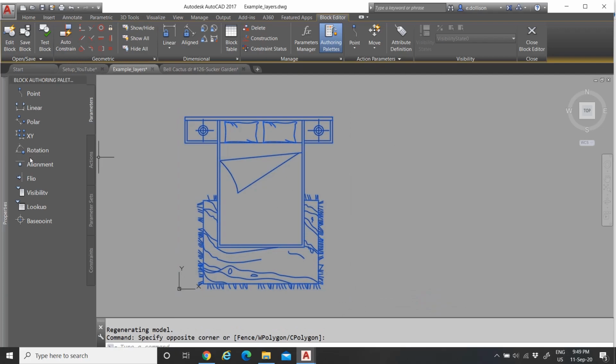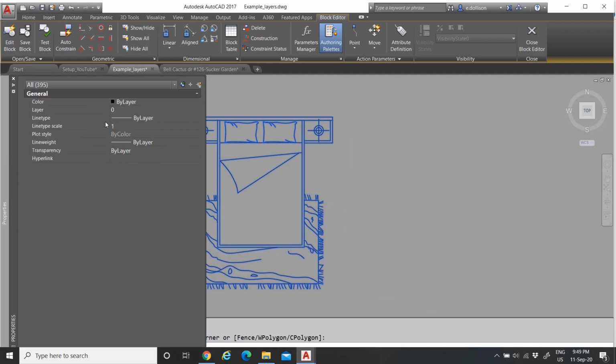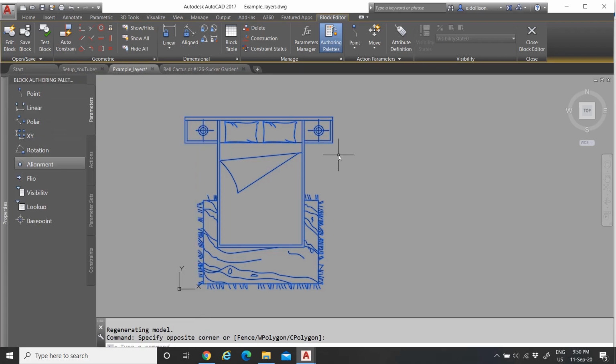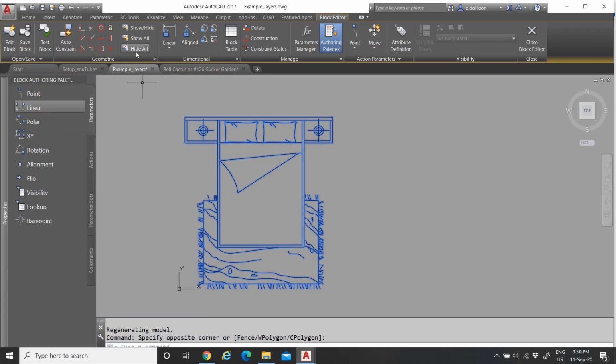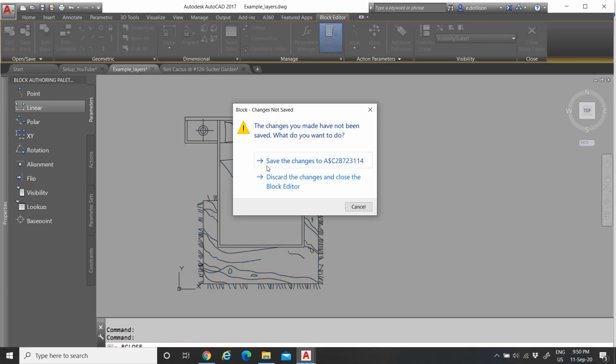It's because it's under the layer of zero. Why is it under the layer of zero? You want it to be under the layer of zero because the layer of zero is the default layer of AutoCAD. It does not have a color. So since it's in the layer of zero, let's exit this block